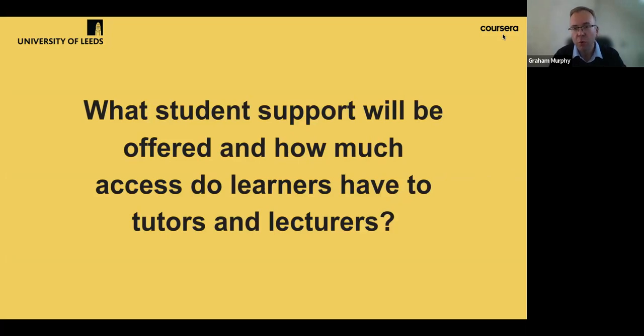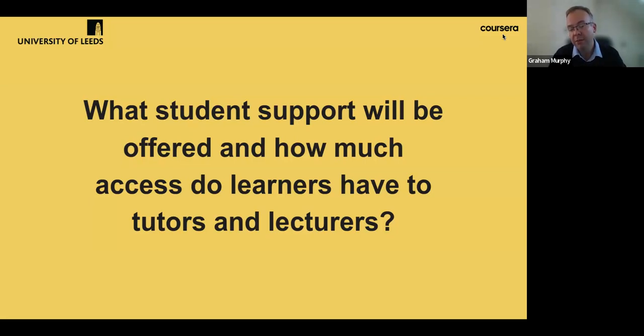But supporting that, we'll have ways for you to interact with the module leader offline, through forums and discussion boards. And also there will be regular live sessions hosted by the module leader on that week's content, so that you will have a chance to come along and ask questions and get some direct input. So there are two strands to the input within a particular course.